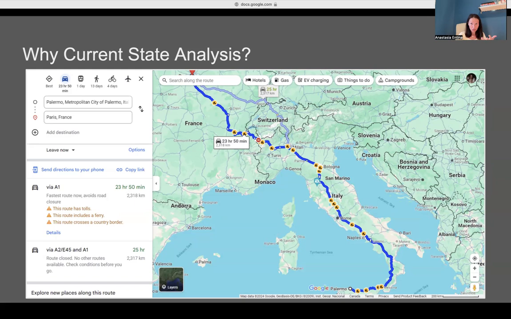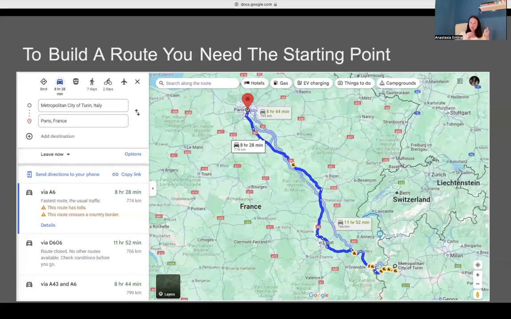And then our change strategies or our ways to get to the point B, which is Paris in my example, is, well, then you have to go by car for 24 hours almost, or you can go by public transport. This was not an option if I am in Turin for 1 day, or you can walk for 13 days instead of 7, or ride a bike for 4 days instead of 2. See how the current state or the current location influences the possible strategies, the possible approaches to get to the desired future state or to the desired future location in my case, right? To Paris. And that is why I'm saying that incorrect, incomplete, or missed current state analysis leads to